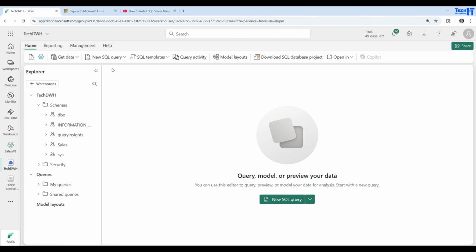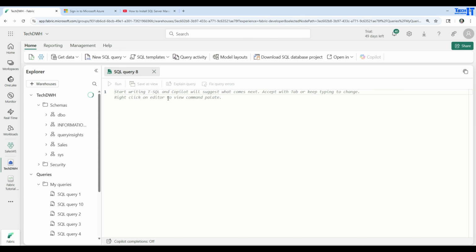Now once I'm here, I can go to the new query, and then I can start writing a query and everything. But it's not really a nice environment for the demos, because the font sizes are small and all those kinds of things. So I'm going to use SSMS, SQL Server Management Studio. I will be connecting to the tech data warehouse in